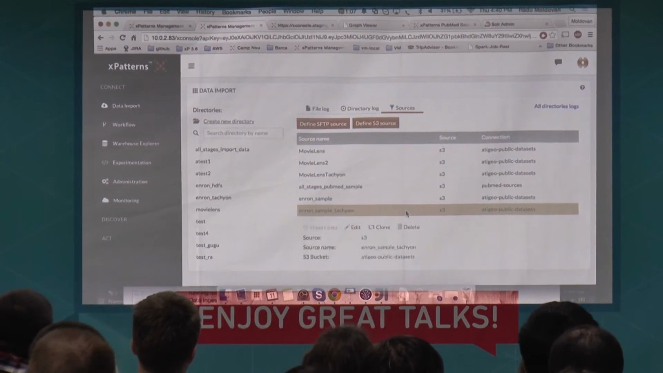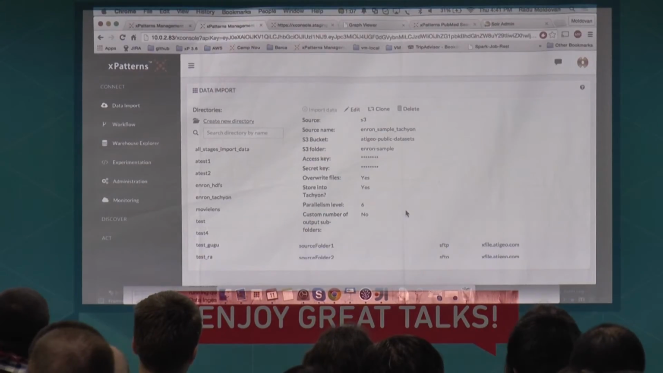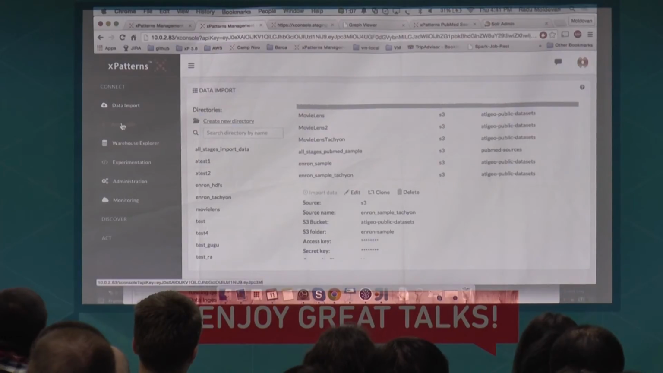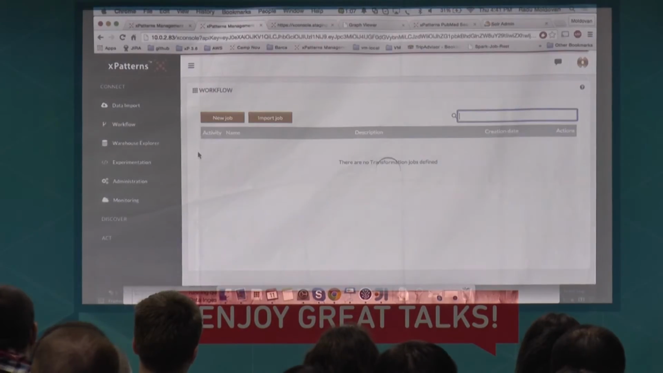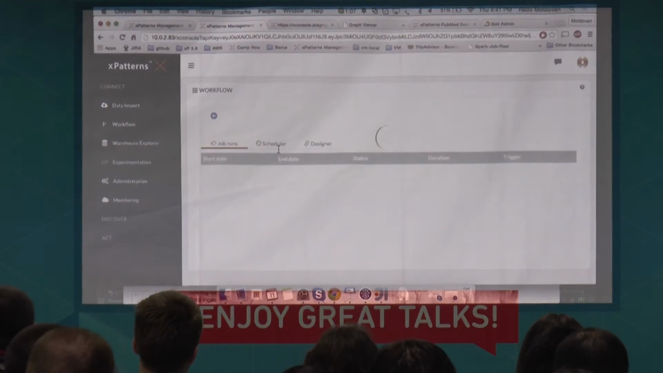And once you have the data defined and prepared, you can, for example, this is an information provided already. You can use the source later in the workflow. Workflow is, and let me give you,